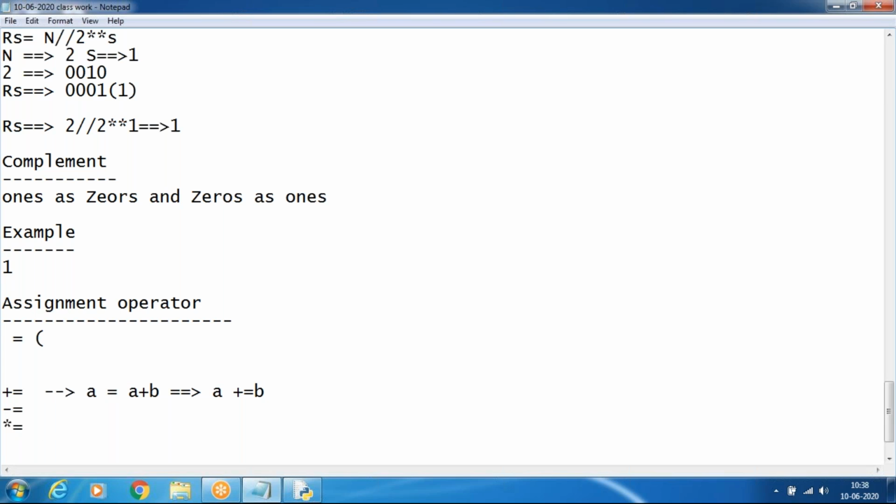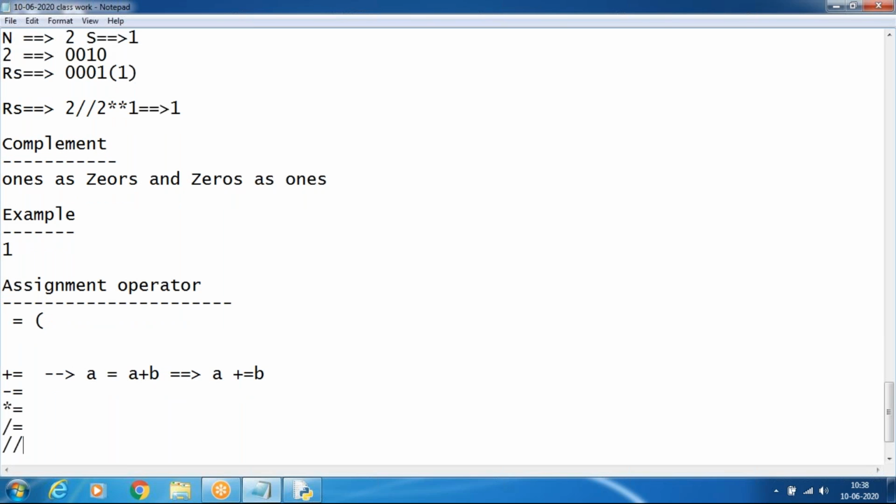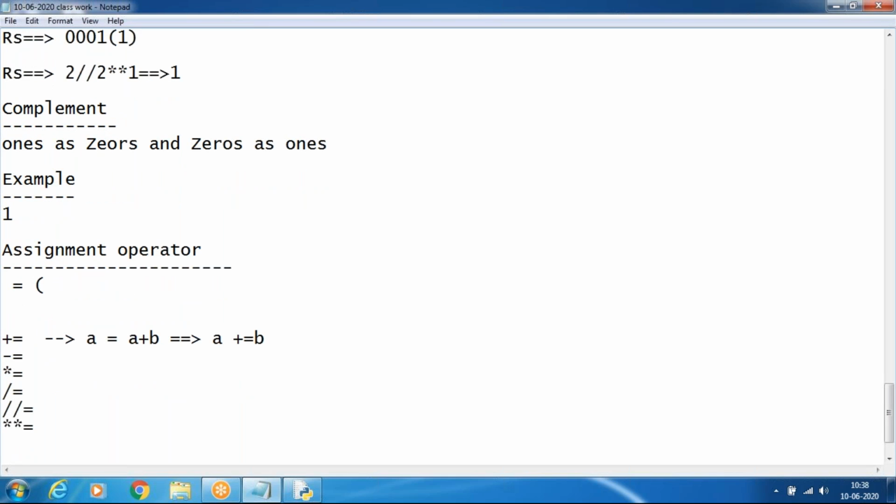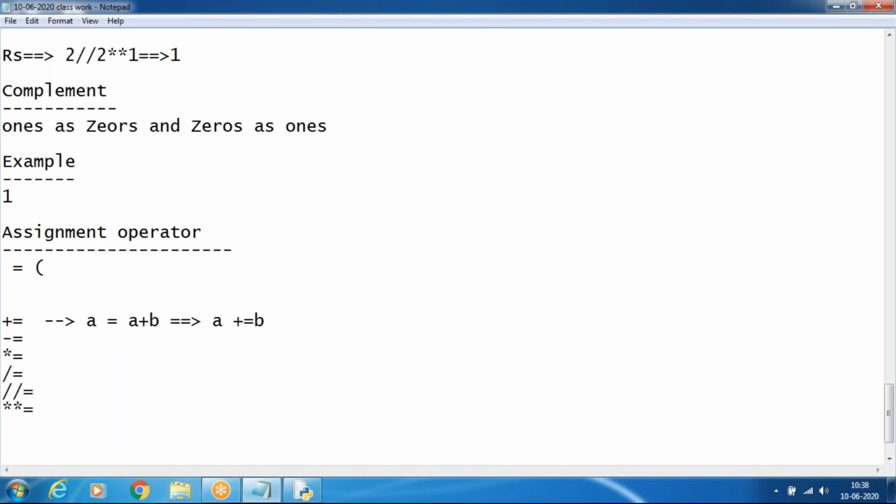Suppose we have slash equals, double slash equals, star equals in the same types. Arithmetic and bitwise operators, except complement, have the remaining operators.